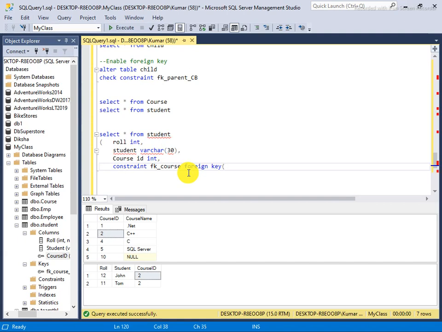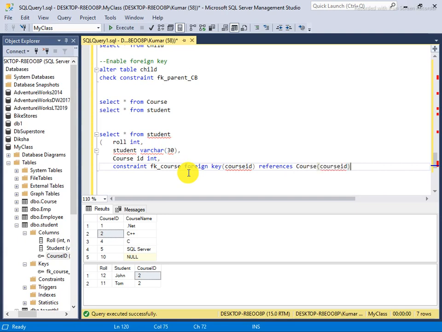So I applied on column which is course ID itself, and where I referred it to reference it, course table. Okay, course table, and name of the column is course ID.